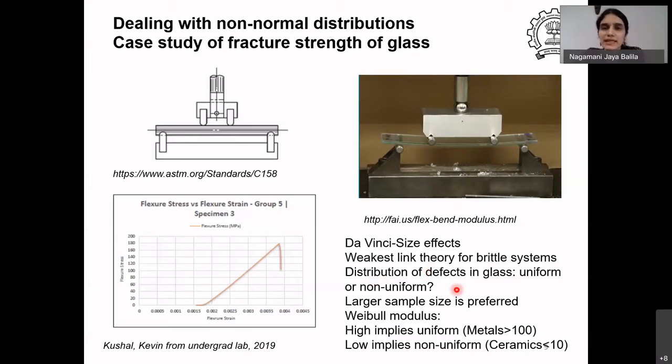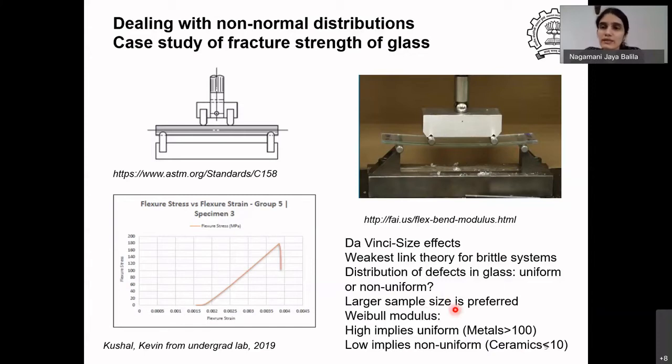Usually these are statistical tests, in the sense that larger sample sizes are required. Yesterday I was showing you some measurements where, for experimentalists, where things don't matter so much, they would say 3 measurements per condition is enough. But in most cases they will say 5 is enough. But in case of the Weibull analysis, you need at least 10 observations or 10 sample tests to be done and 10 data points to be collected. But 10 is also not enough. In fact, the larger the better. So the larger sample size is preferred here. So you should do as many tests as possible.